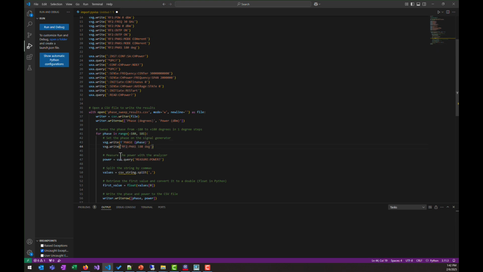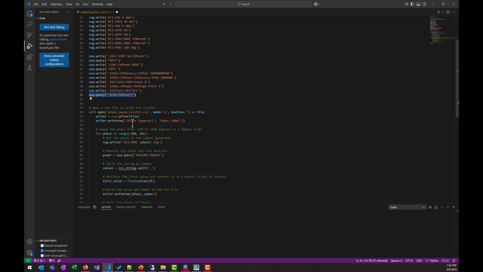We're gonna format it to look just like the one above here. So we take the phase value in the outer loop and insert it right there. Remove this fake skippy command. And here is the measure power command. And here we're gonna grab this command we looked up earlier instead and say power string is equal to that,